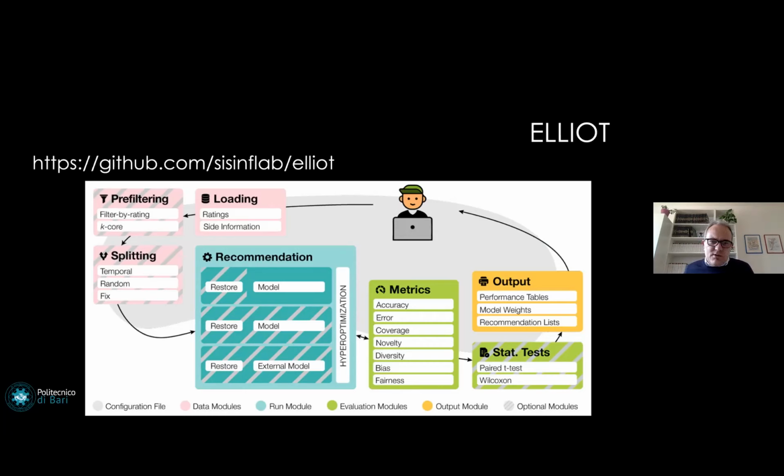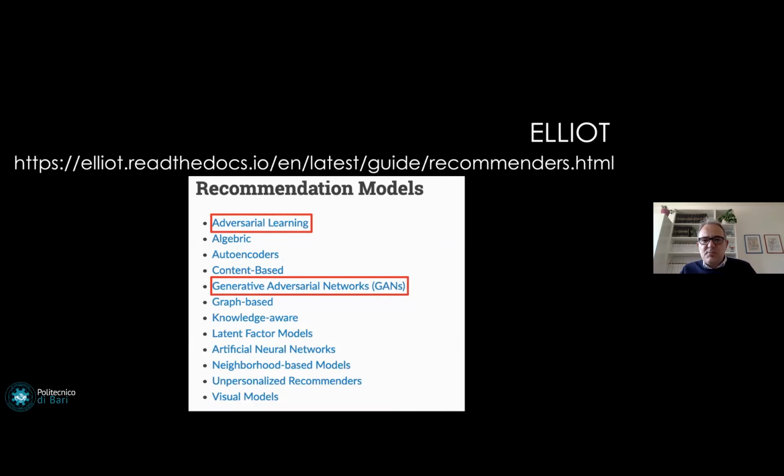You can select the metrics with respect to which you want to evaluate your model, or with respect to which you want to train your model, and so on and so forth. So everything is covered. You just have to set up a configuration file and then run, and everything is done. With respect to Elliot specifically, you can also find the implementation of algorithms for adversarial learning, as well as for generative adversarial networks,